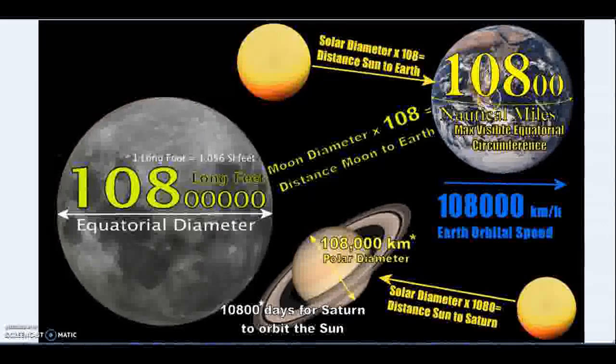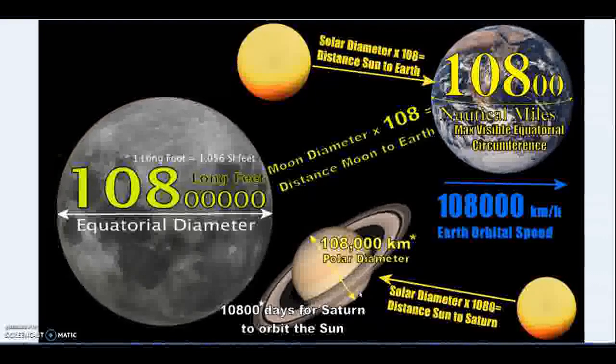But if I also multiply the diameter of the Earth times 108, I'm getting essentially above 99.9% probably, very, very close to it: the diameter of the Earth times 108 equals the diameter of the Sun. And if I multiply the diameter of the Sun times 108, I get the distance from the Sun to the Earth. At its top speed, the orbital speed of the Earth is 108,000 kilometers per hour, which is the polar diameter of Saturn,